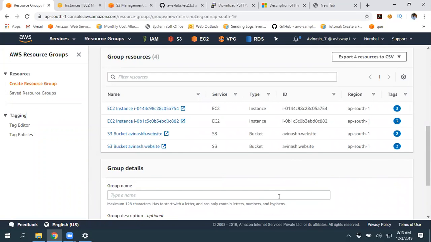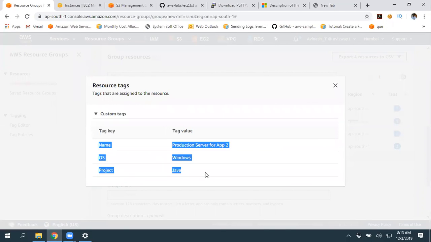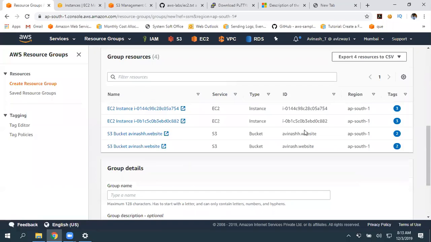I have 2 S3 buckets with that particular tag. I have 2 EC2 instances with that particular tag. And how many tags are created and associated with that instance, you can find the tags also. So that instance has a total of 3 tags and it is matching with that filter, and we are able to get that. So I want to create a resource group.